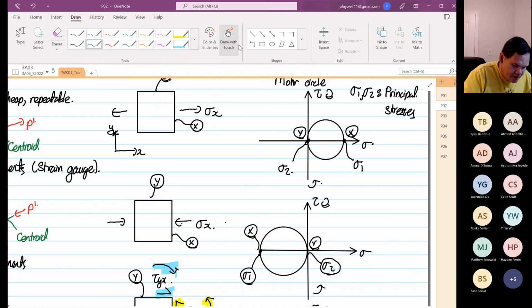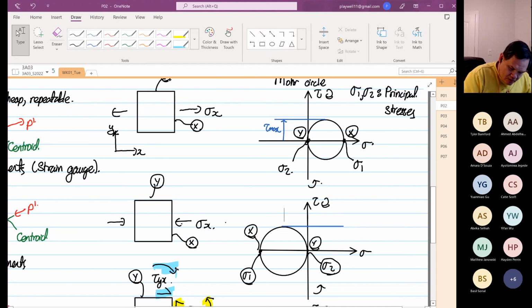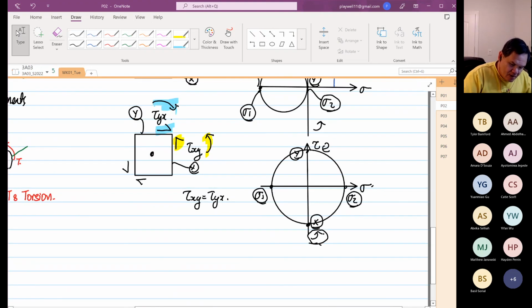You can see that this value over here, from here to here, this is your tau max, right? And then likewise from here to here. These are your tau max. And then the shear